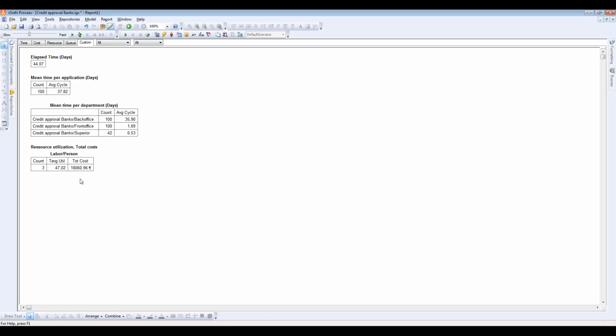You could also consider costs for printers when you have to print something. You can expand the model as far as you want to, and be as detailed as you need to. So we see the total cost it took us in terms of labor costs to perform these 100 applications, to process them. And we see the average resource utilization for all 3 people, which is